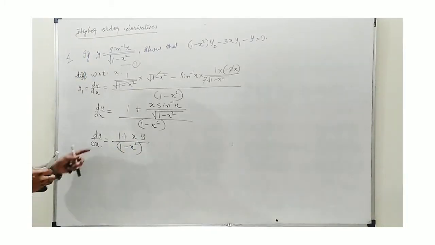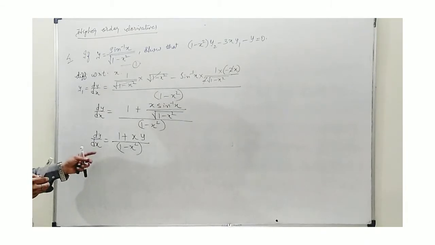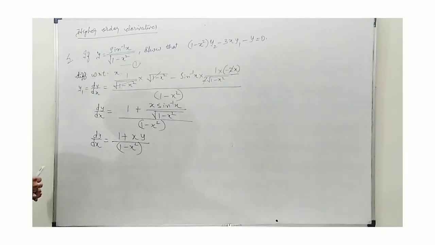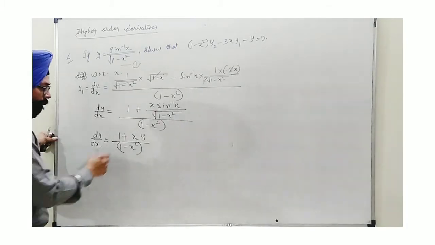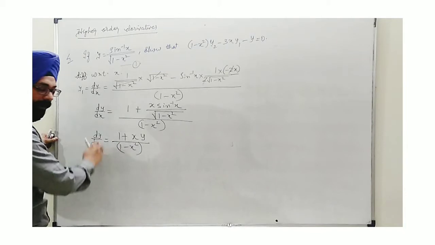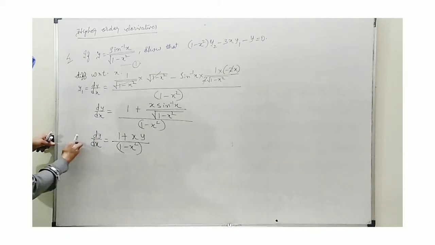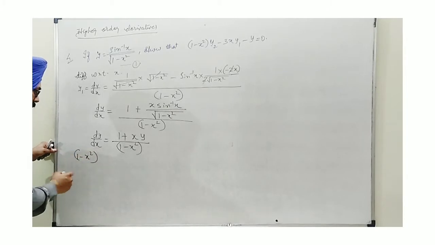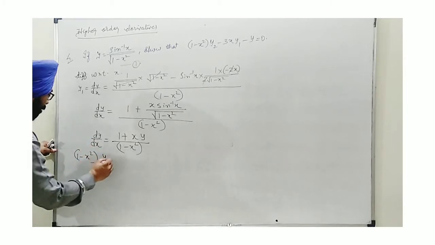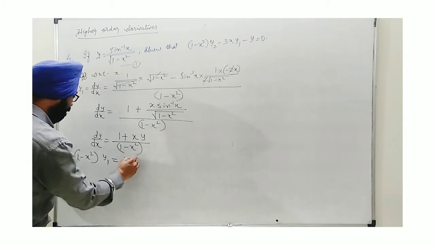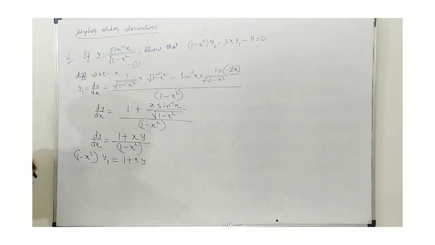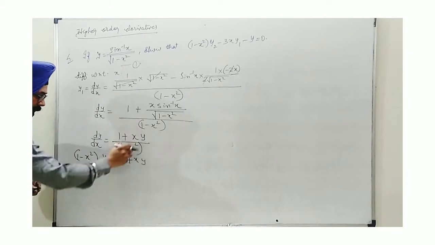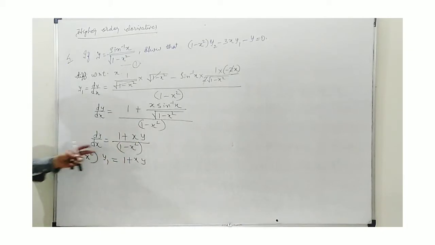Now we need to differentiate. This is the value of y1. We need it till y2. So that's why we will differentiate further. What you can do, you can make it more convenient by taking this to the left hand side. If I shift, I see it is 1 minus x square. Yes, dy by dx you can write as y1, so (1 minus x square) y1 is equal to 1 plus xy. Now here it was the crowd of functions in quotient and product rule. Now we have reduced it, both sides balanced.